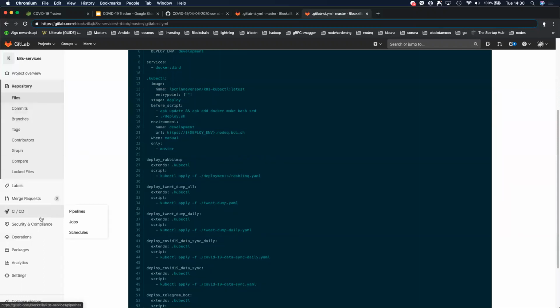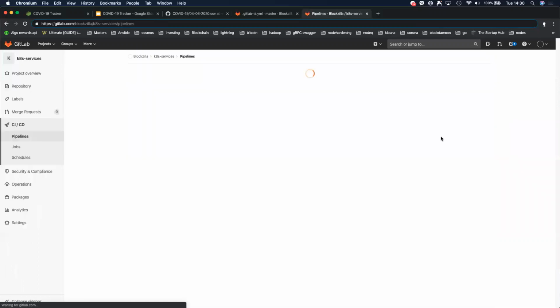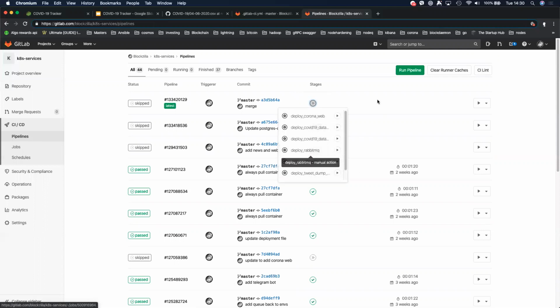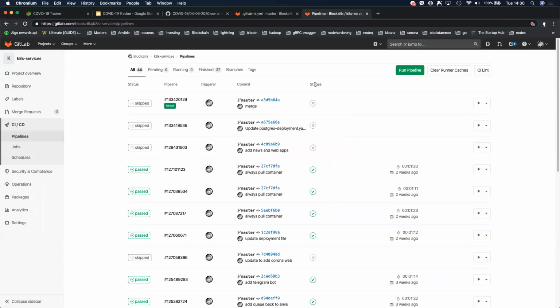And one of the great things about this is we can actually use a manual trigger. So, for instance, I want to change one application, but I don't want to tear down the whole stack just because I changed one application. So what we can do is use the manual trigger, which means as an administrator of the system, I can come in here and decide which one I want to deploy. For instance, I've only changed the Telegram bot, so I only need to click the deploy button for that bot. I don't need to deploy the rest of the stack,